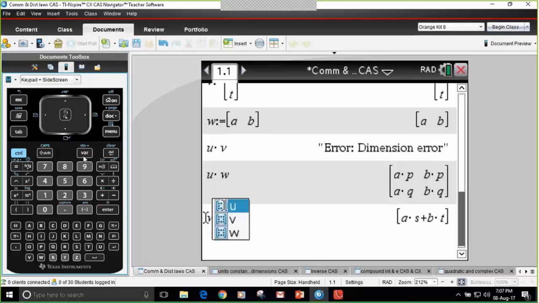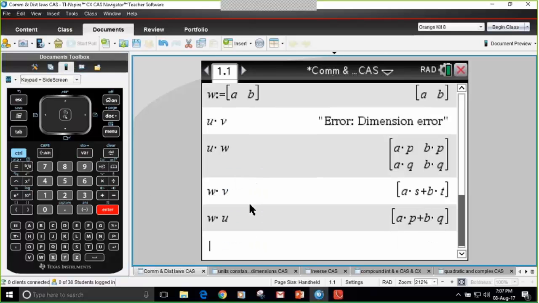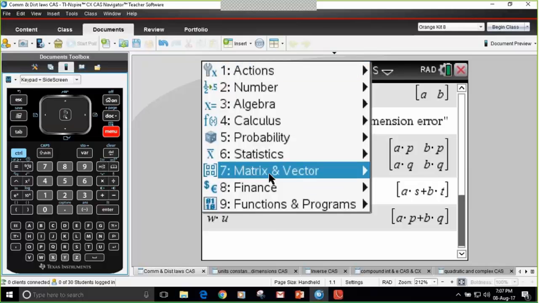If we looked at W and we multiplied that by U, you can see you get that sort of result there. So it's really interesting to get students to explore this sort of thing, see if they can develop for themselves some sort of understanding of the pattern that's working with that. You can do the same sort of thing with the